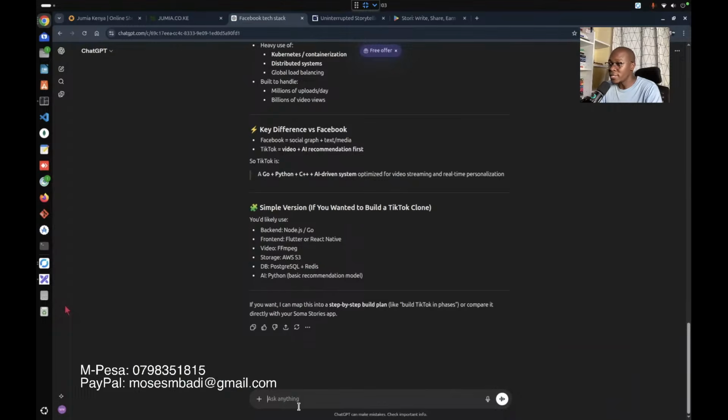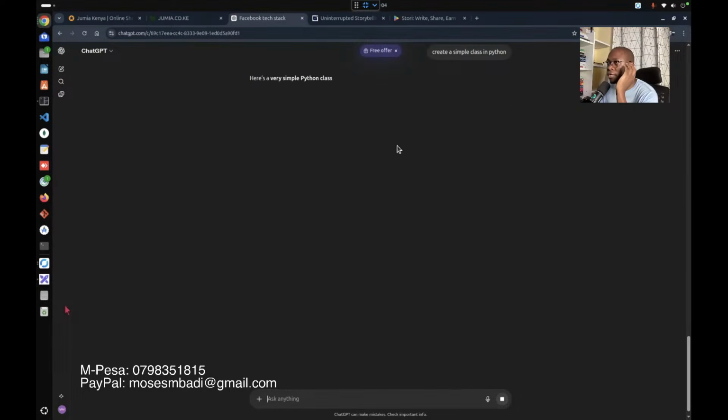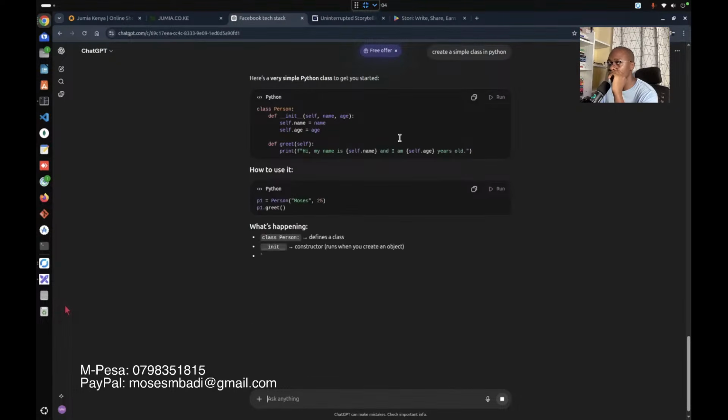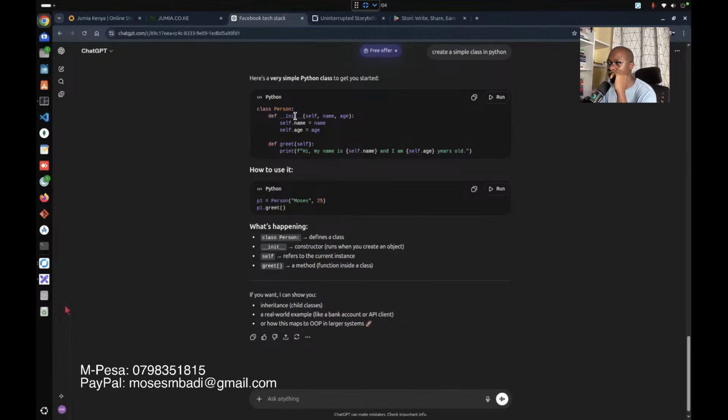So I can just come here and say create a simple class in Python, for example, and then you read. As you read the code, you see we define the class, and then we have a constructor, which runs when you create an object, and then we have the concept of self, and then the method that you want to call.